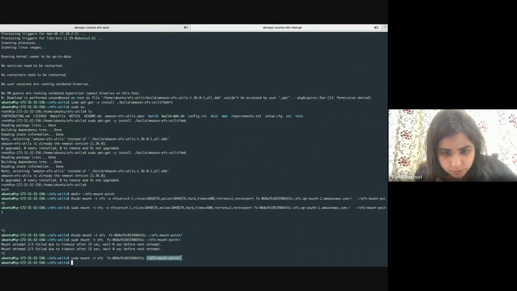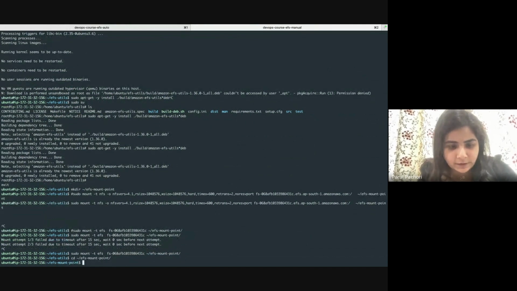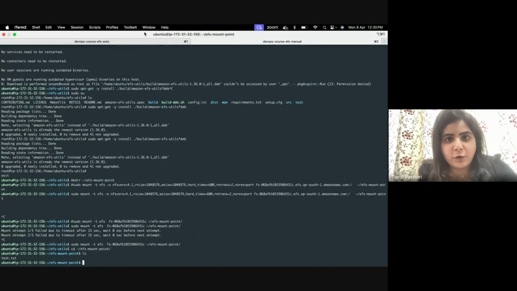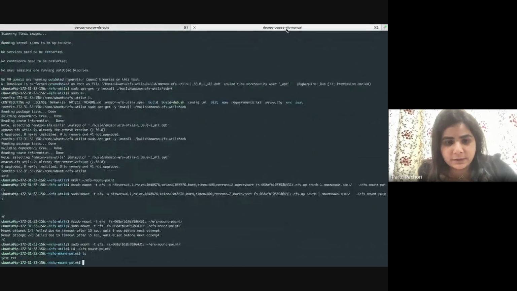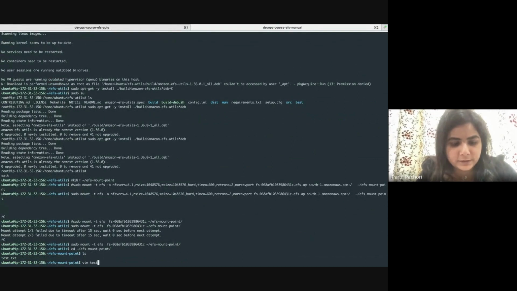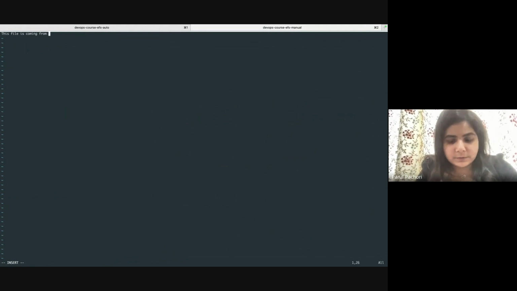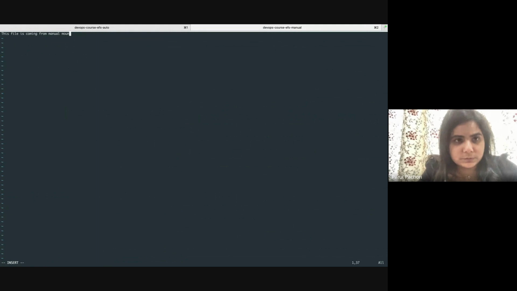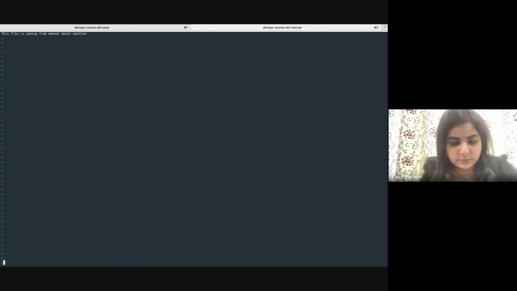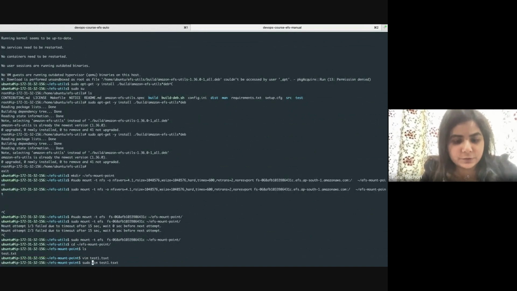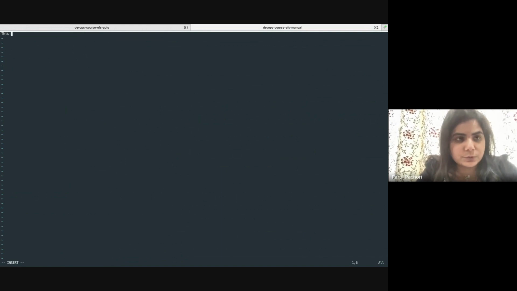Okay, so security group should be successfully attached. After that, when I go to this mount point, what file I have written here is available here. Now when I'm writing a file here, text one, this file is coming from manual mount machine. I might have to try and use sudo. If I don't want to use sudo,